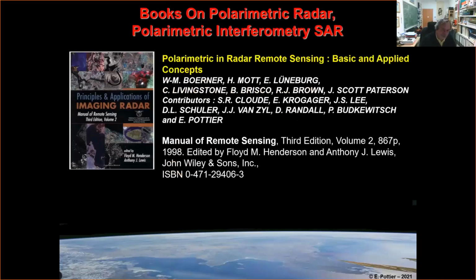And we have published different books. The first book was published by Professor Boerner some years ago, and it is a kind of Bible. You can see the number of pages, almost 1,000 pages. It is very interesting because it is a very global overview of polarimetry. I have taken some parts of this book to include inside PolSARpro, so you can also have access to this kind of information.